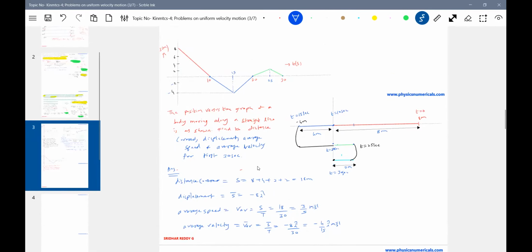So in an ST graph, you may get a curve in the first quadrant and the fourth quadrant. In the second and third quadrants there won't be any curve because time cannot be negative. So in a position versus time graph, we can see a curve in the first or fourth quadrant. The slope will indicate the instantaneous speed, and we can get all other quantities. So in an ST graph, the slope of the curve will be equal to the instantaneous velocity.